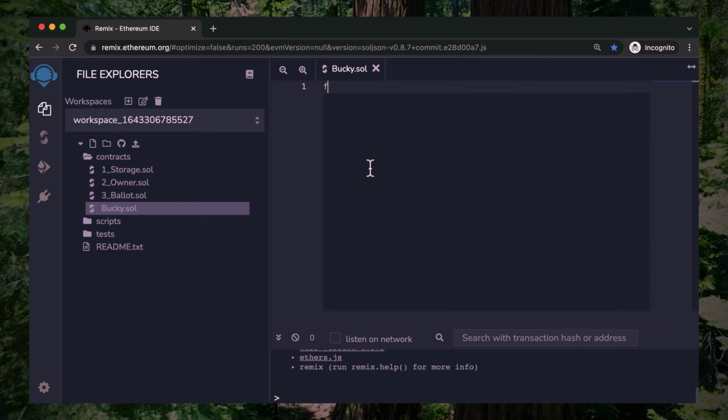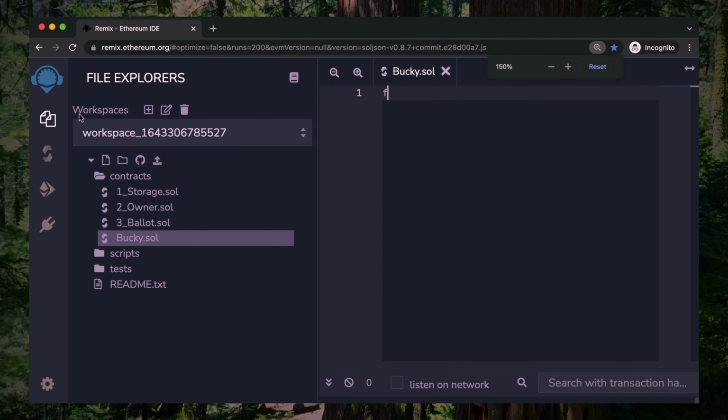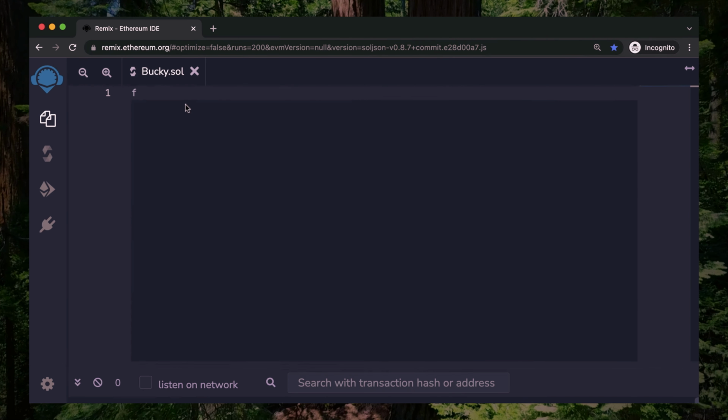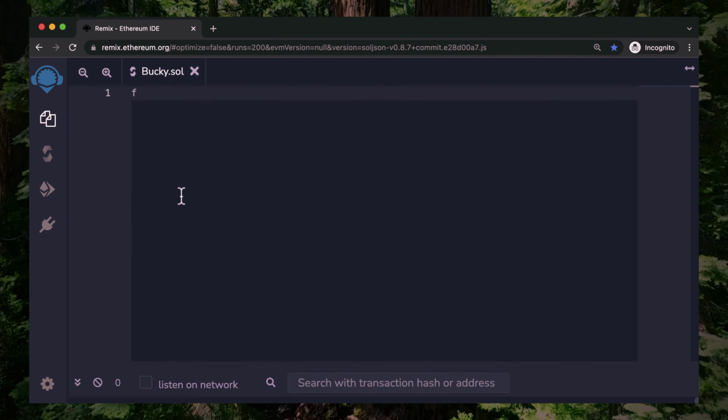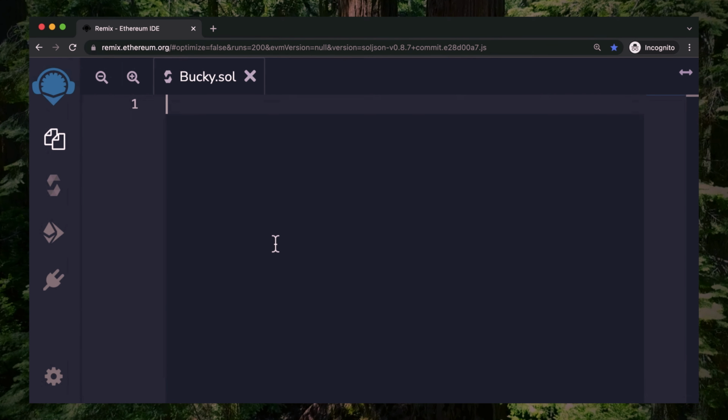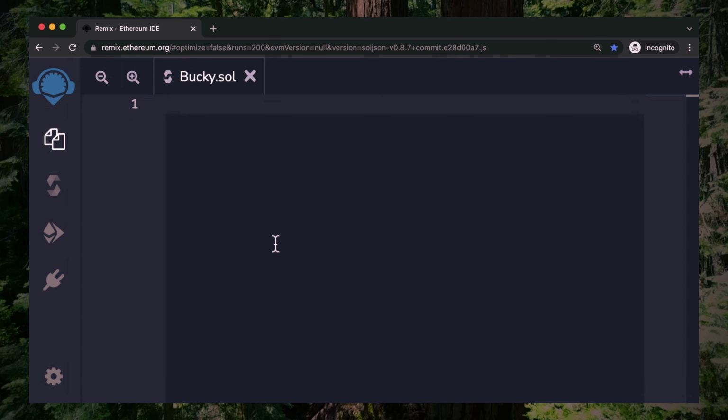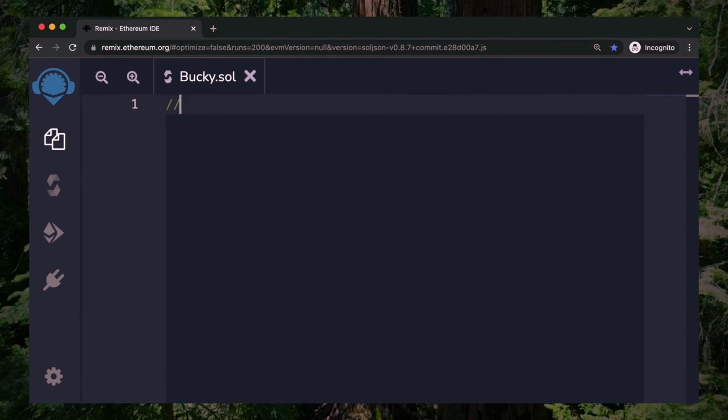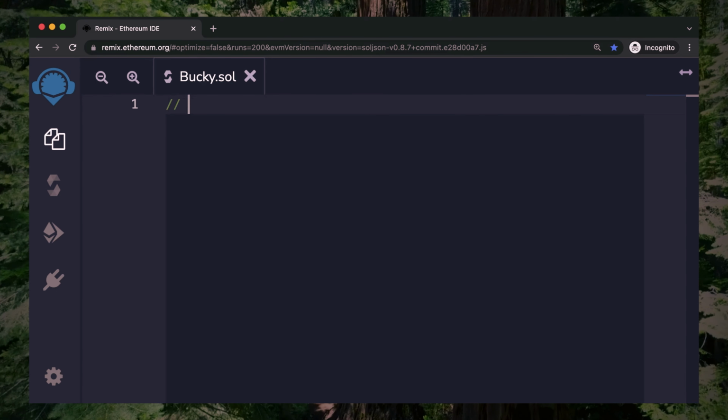Let me actually boost this up so you can see. And if you click this button on the left, you can actually just toggle this left menu. All right, so we are finally ready to start writing our first smart contract. Where do we begin? So the very first line in your smart contract, actually, let me